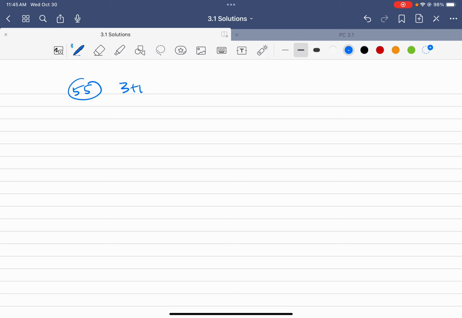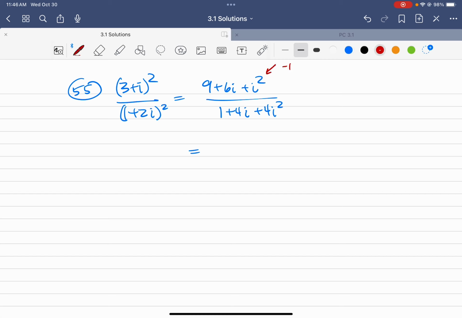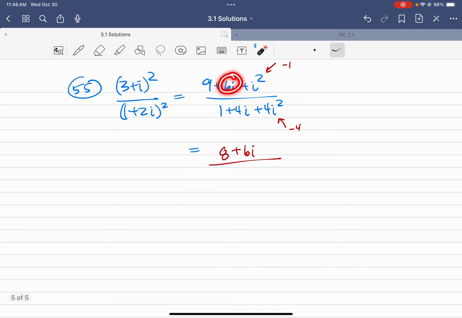It said you can take 3 plus i and square it, divided by 1 plus 2i and square it. So I would maybe distribute out the top, get 9 plus 6i plus i squared. On the bottom, distribute it out, and you get 1 plus 4i plus 4i squared. So since that is just negative 1, and this is just negative 4, I really have negative 1 and 9 gives me a real part of 8 plus 6i for my imaginary part. And then since this is just negative 4 and 1, on the bottom I have negative 3 as the real part, plus